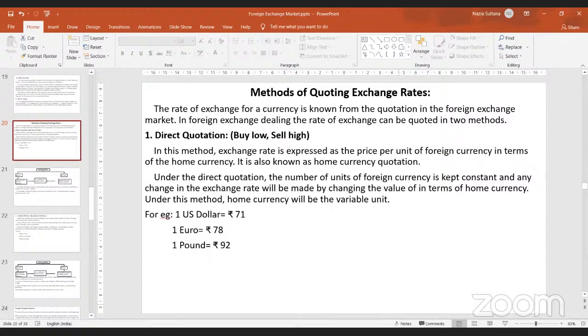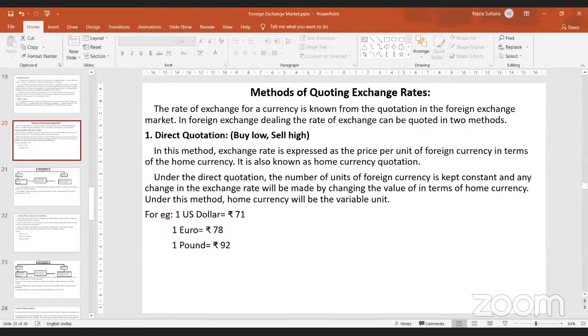So how much rupees do you have to shell out when you have to buy a particular country's currency, unit wise. So $1 is how much rupees? As on today, the exchange rate which is prevailing, $1 is equal to 81 point something. So you basically say nearest to 82 rupees. So to buy $1 as an Indian, I have to spend 82 rupees. That is being called a direct quotation.